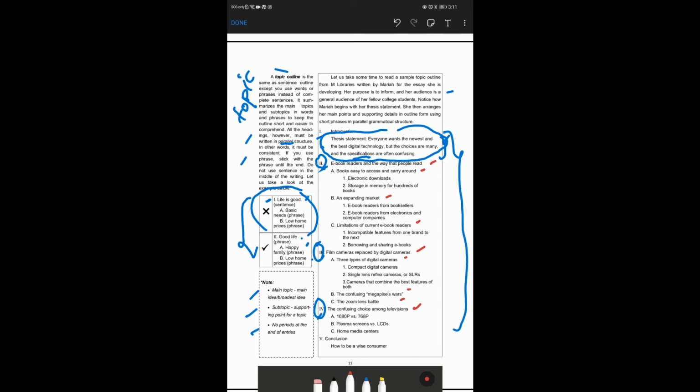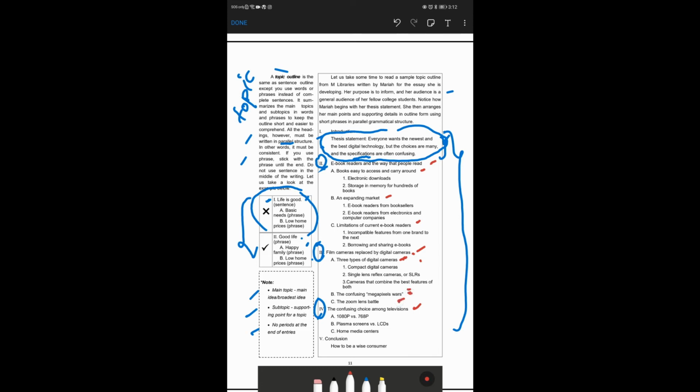Yun lang. Then, for the second one, film cameras naman daw. Yung mga film cameras replaced by digital cameras. Diba dati kasi, ang gamit naman talaga natin yung mga cameras na may film pa. Yun, kung nakakita kayo dati nun, yung mga may mga black, yung may mga negatives pa. Pero ngayon daw, lahat digital cameras na. Sabihin, using memory cards, using latest cameras. So, in-explain niya yun by first stating the 3 types of digital cameras, and then the confusing megapixel wars, and then